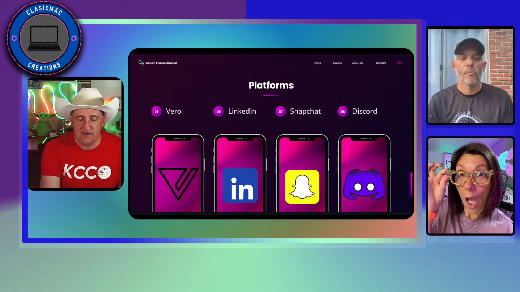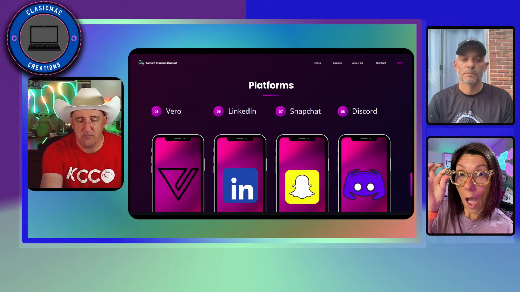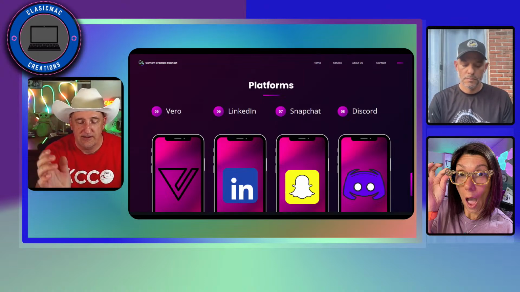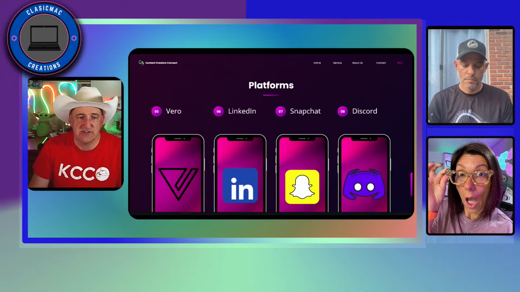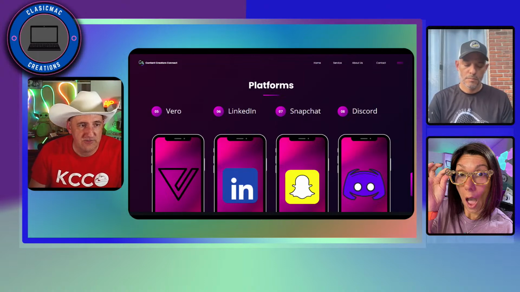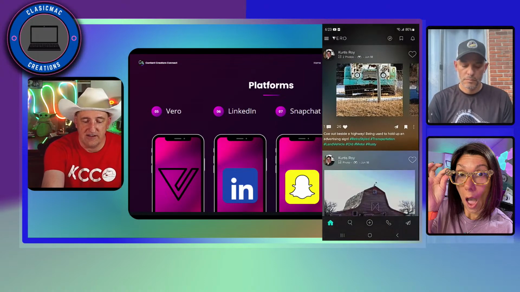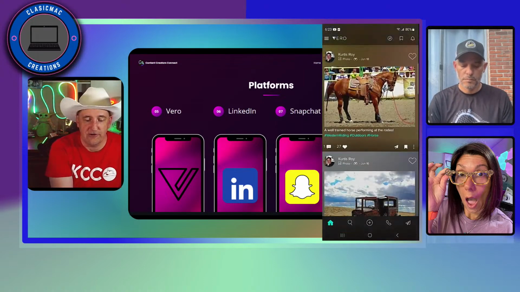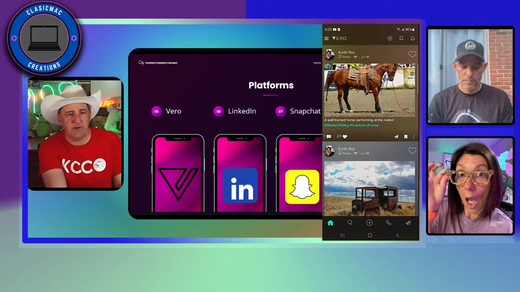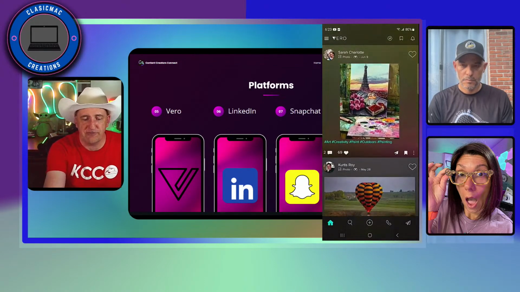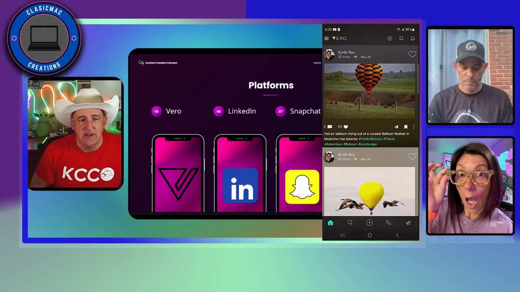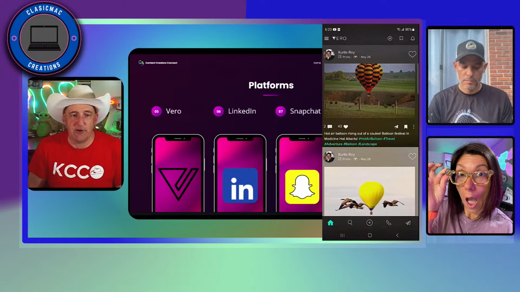The first one is Vero, and Vero is like an Instagram, but it's more geared towards photographers. Let me just pull it up here for you. There we go. It's a lot more for photographers and professionals to help each other. It's more of a photographer's community, as opposed to looking to make money from an algorithm or trying to be trendy and get viral videos.